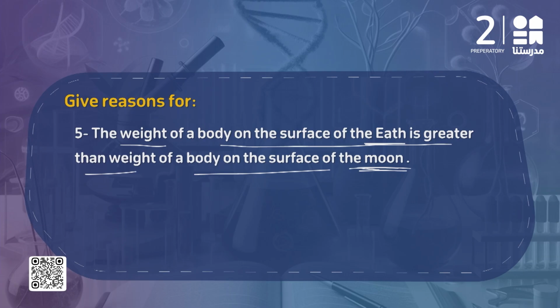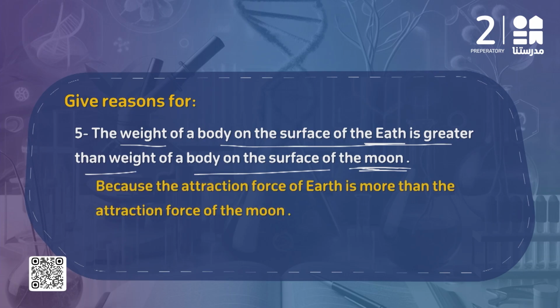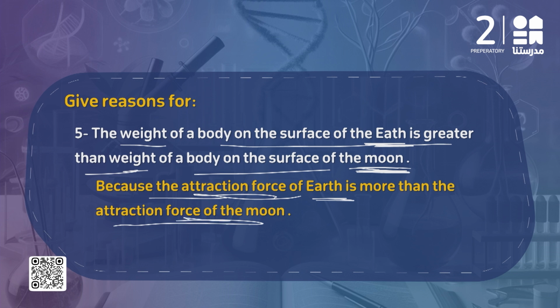فلو أنا دلوقتي السؤال عندي بيقول لي the weight of the body on the surface of the earth is greater than the weight of the body on the surface of the moon. طب ده هيرجع لإيه؟ هيرجع للattraction force of the earth. كمية الجرافيتي على surface of the earth is much more bigger than the attraction force on the moon. هنا بقى في سؤال إيه هنستخدم فيه الكالكوليشن اللي أنا قلت لكم عليها من شوية اللي هي ال 1 to